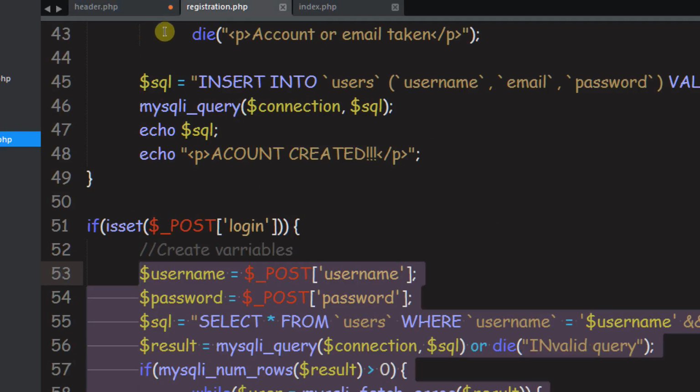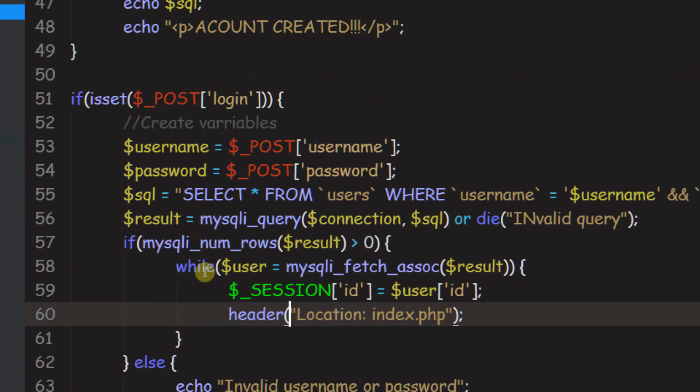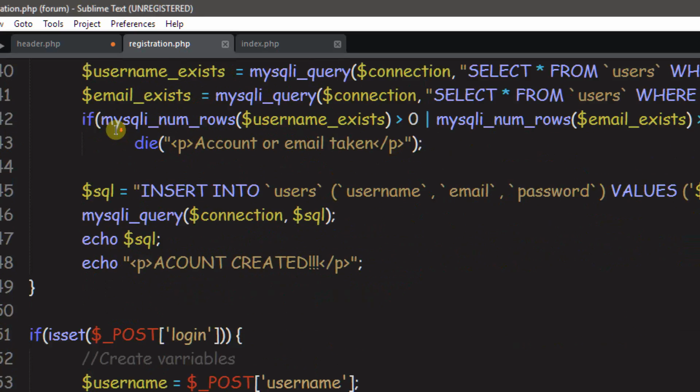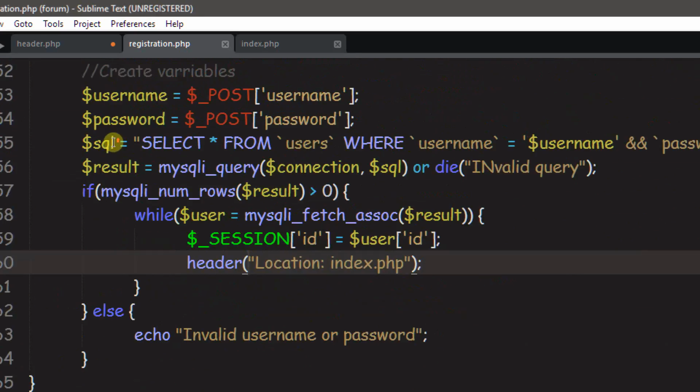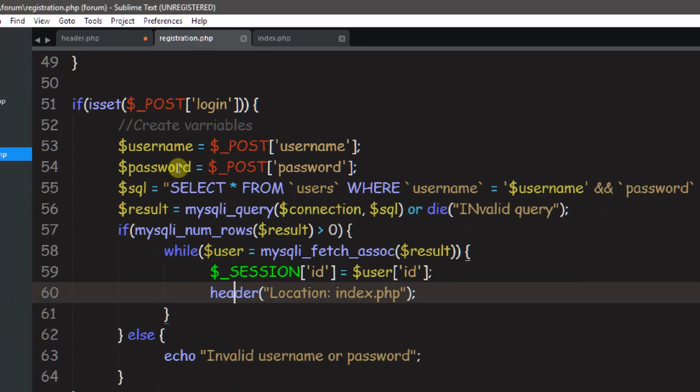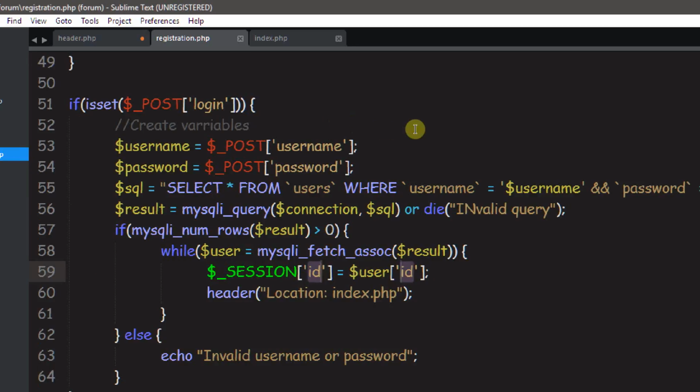And now we can get into one housekeeping thing, and that is down here. Inside of our registration page, go to your registration and scroll down into your login if statement. Right above the header and under the while, there should be a session ID equals user ID. Change that. So hold control and just double click both of them, and we're going to change that from ID to